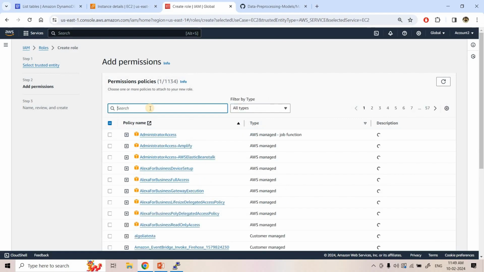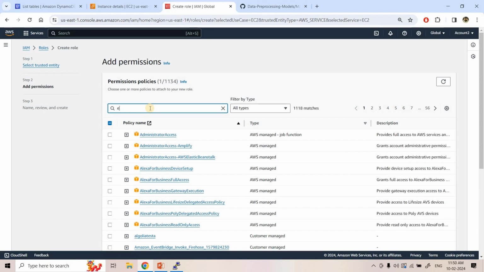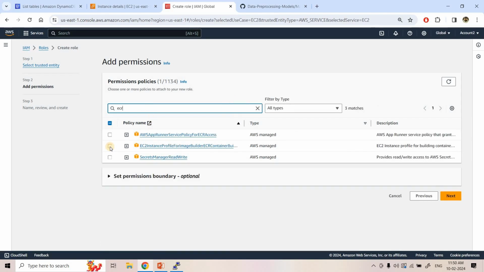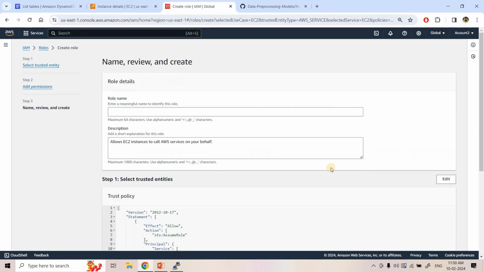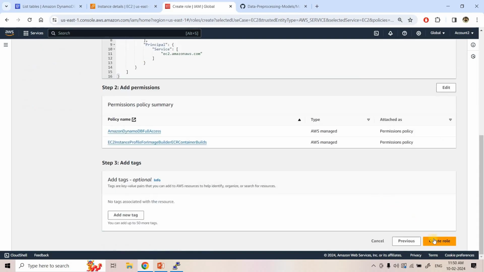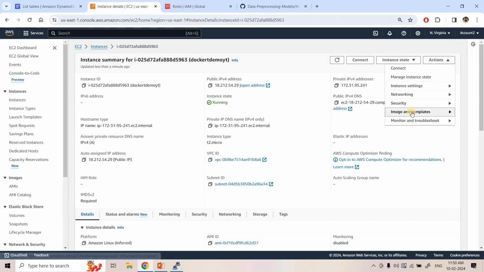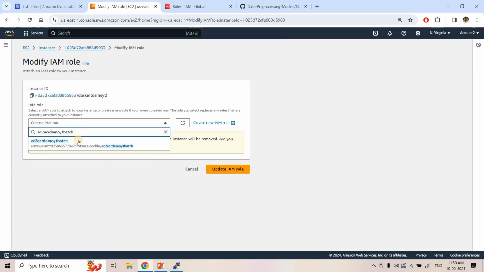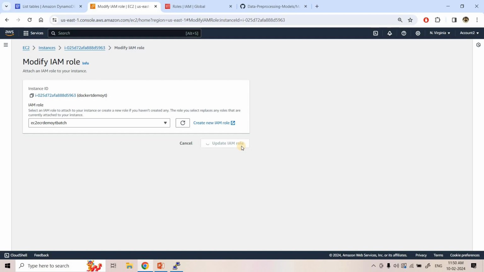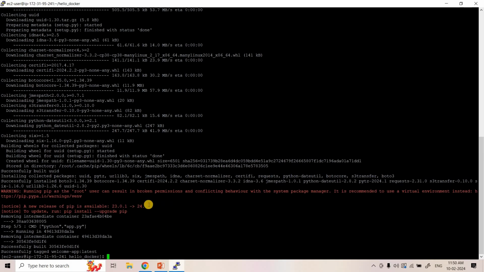Apart from that, from this EC2 machine, when our code will start running properly, we need to push that image to ECR also. So that ECR role also we need to give. Okay, this particular one, we'll give that, and we'll click on next. Role name EC2 ECR demo YT batch. Okay, I will copy this particular role name, and here I will click on create role, right? And here I'll go to action and security, modify IAM role. Here I will choose our IAM role, that is this one, just now whatever we have created, and we'll update the IAM role.